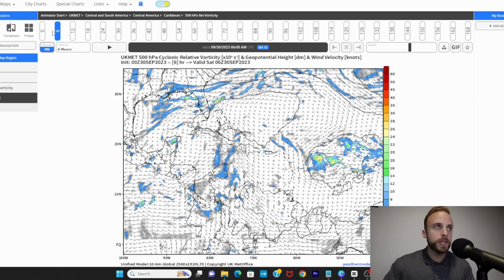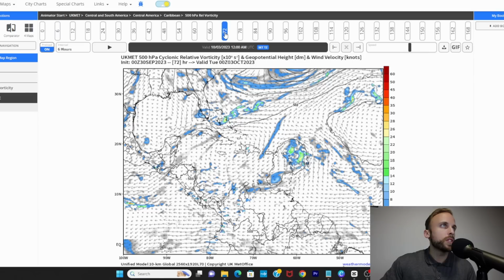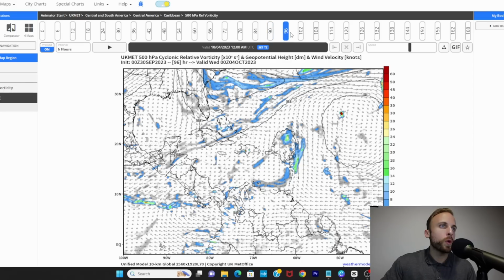We're at the 0Z UK model now, and if, again, you watch out near that main development region, all in through this area towards the Lesser Antilles, I want you to watch closely what tracks to the west towards our southern Lesser Antilles Islands. So you go through the loop. This is 3 days out. You can see Philippe still wreaking havoc on the Lesser Antilles, but you go 4 days out, you start to